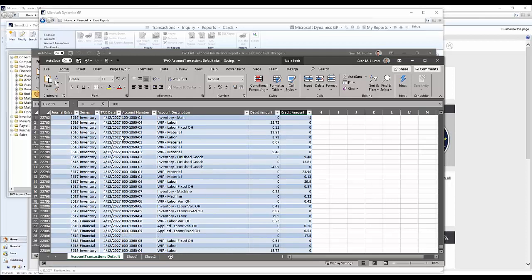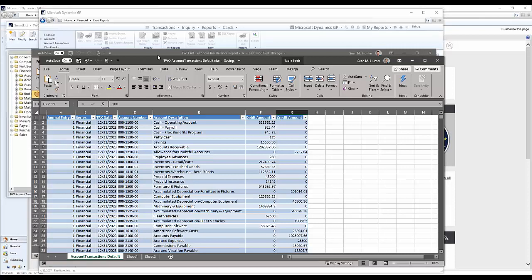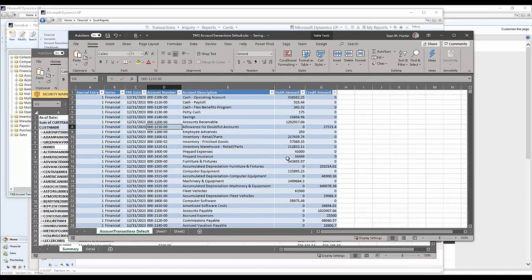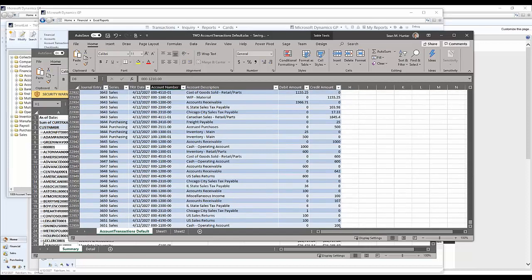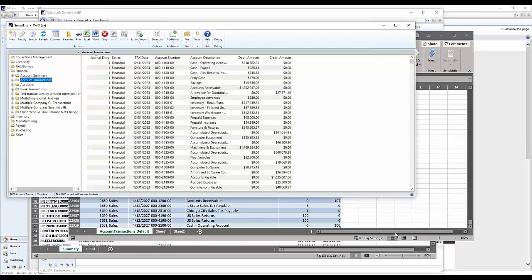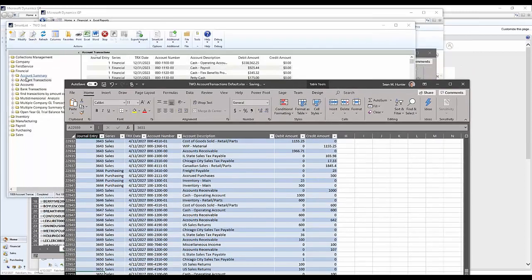So out of the box, account transactions default. This one, however, ran for every single transaction that is currently sitting in my database. So there's no filter on this. It didn't cap at 1,000 records. I opened that up and it is at the 22,000 records that are out here. Exact same columns, out of the box again. It's not going to pick up any of your custom favorites or anything that you've made, but it's relatively easy